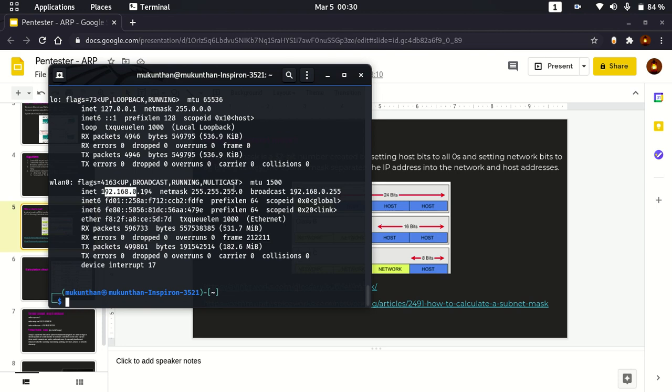We can ensure that by seeing the netmask here. But what is the range of the fourth part actually? Currently my device has 194, but what is the start and end range? By seeing the fourth part here is 0, we can consider this is ranging from 0 to 255. So how do we define that? That we will see in the next slide.